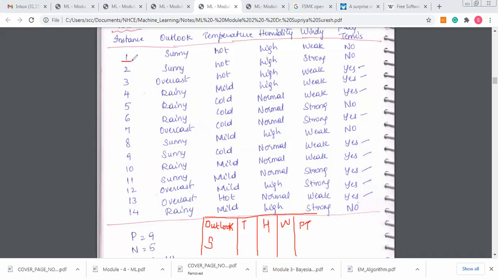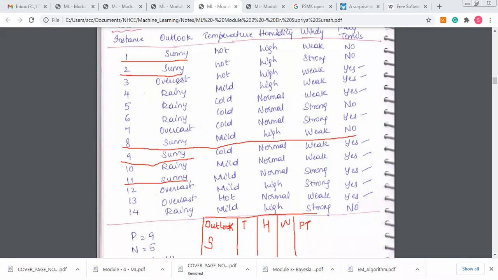I will entirely consider my first instance because it has the value sunny. So the entire row is written over here. Then we have sunny over here, so the second instance I will completely write. Probably the 8th instance is sunny, so the entire instance I'm going to consider. Again the 9th instance I'm going to consider, and I have the 11th instance. So in total I need a table with these 5 instances.